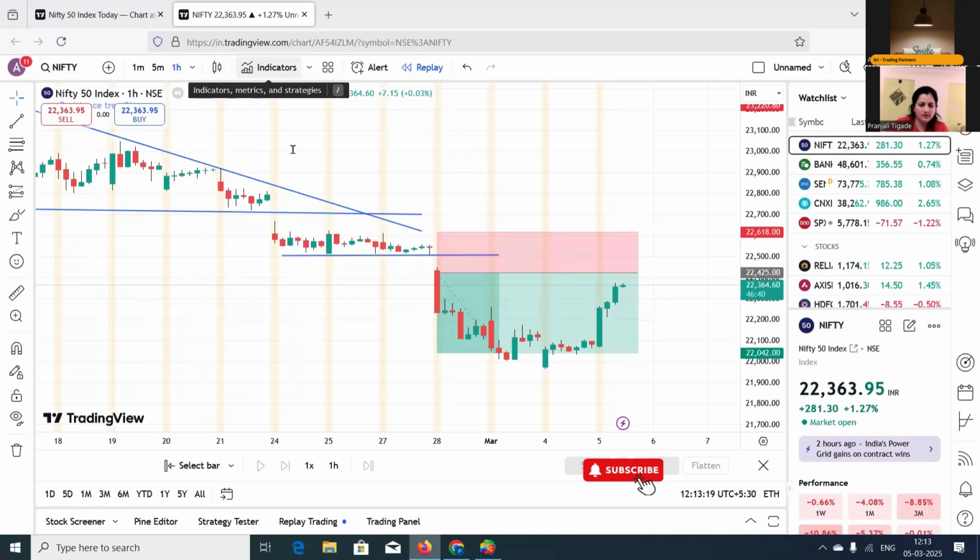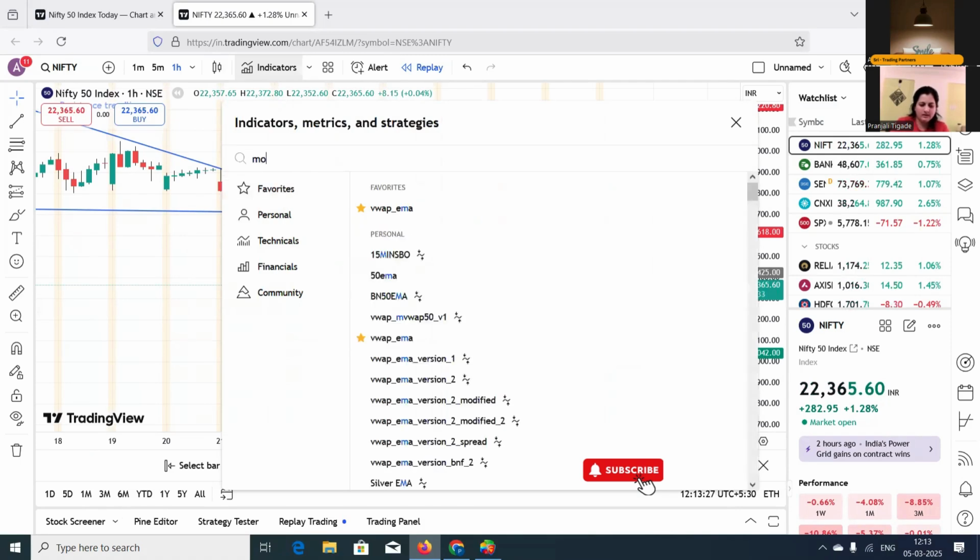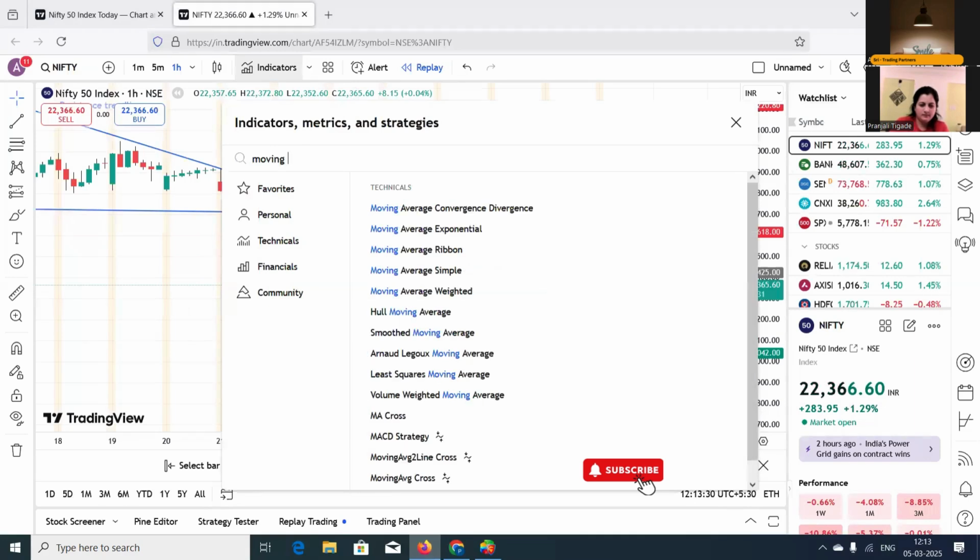You can click on the indicator tab, and suppose if I want to add EMA, then I'll write down moving average exponential. So in the technicals, you see this name, moving average exponential. You can add it to favorites, so that from the next time it will be visible under favorites.